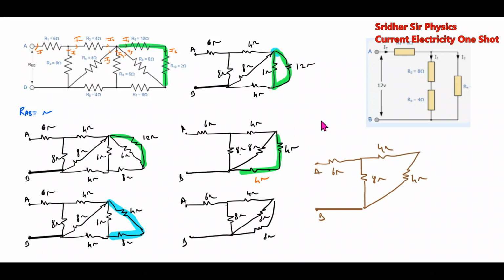So how come you brought 4 ohm? These two are how they are. They are parallel. The effective will become 4 ohm. Now 4 ohm and this 4 ohm, they are in series. So the next part of the circuit will be